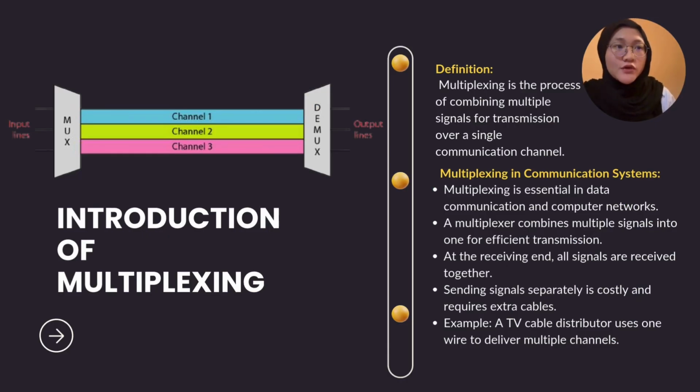Multiplexing is a process of combining multiple signals for transmission over a single communication channel. Multiplexing is essential in data communication and computer networks. It allows multiple signals to be sent simultaneously through a single data link. At the receiving end, all signals are received together. Sending signals separately is costly and requires extra